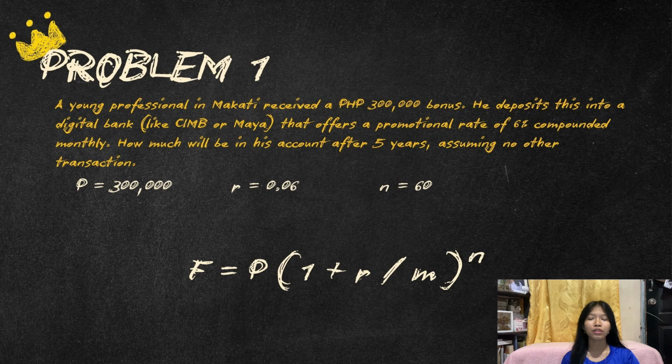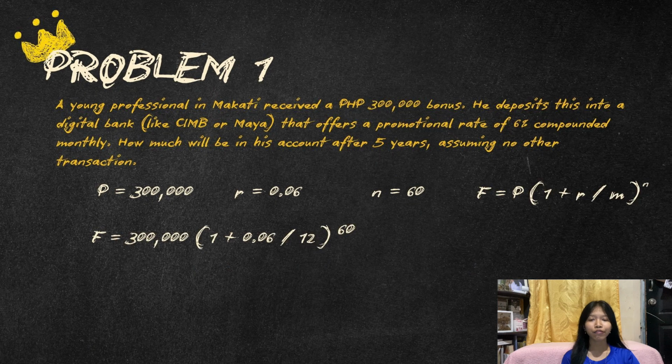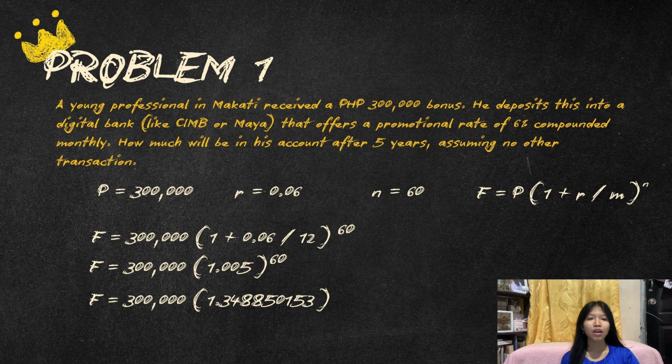So it will be F equals 300,000 times (1 plus 0.06 over 12) raised to the power of 60. Solve inside the parentheses, which gives us 1.005, and then 1.005 raised to the power of 60, which is